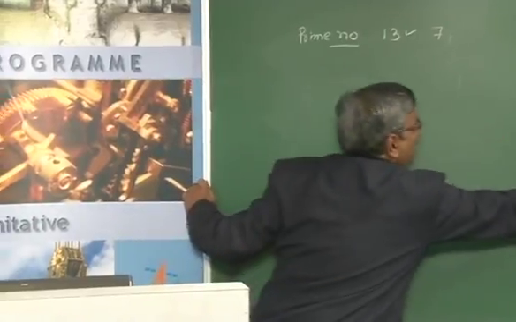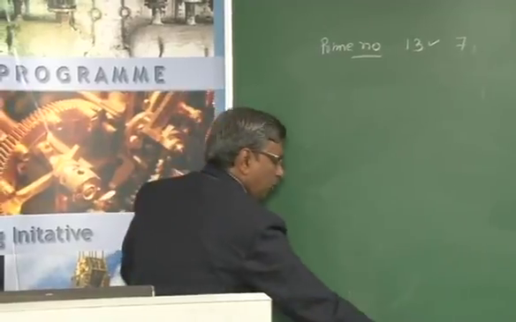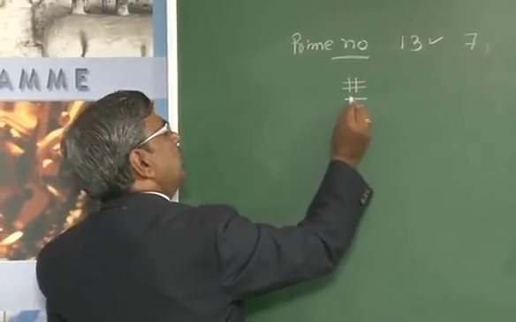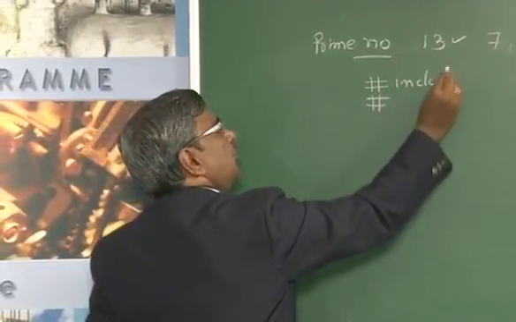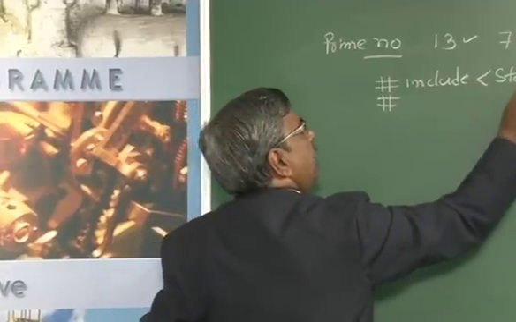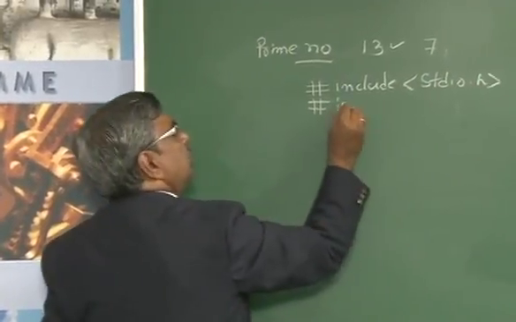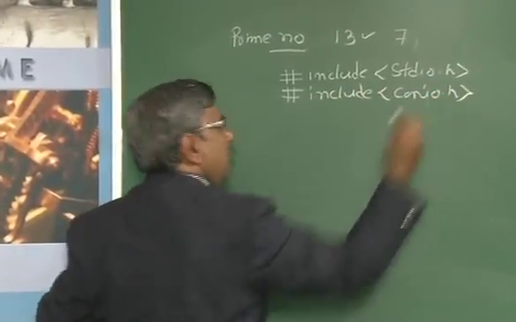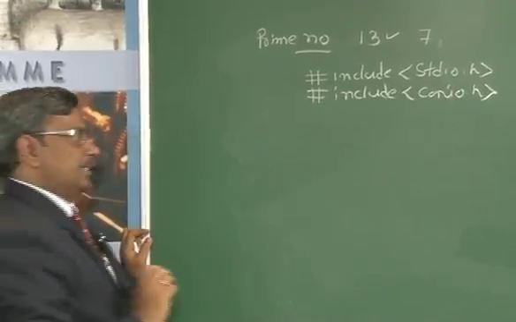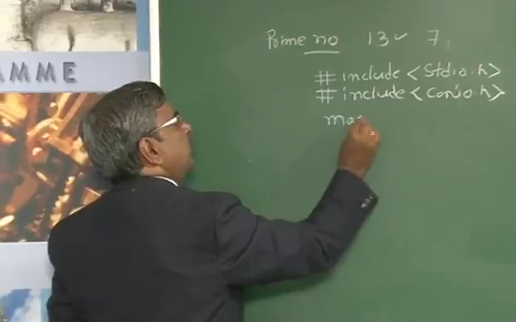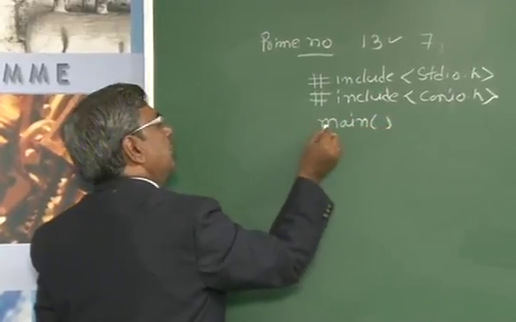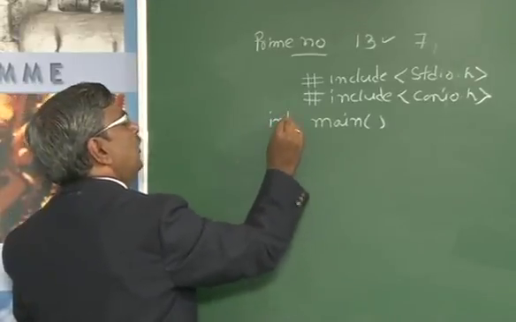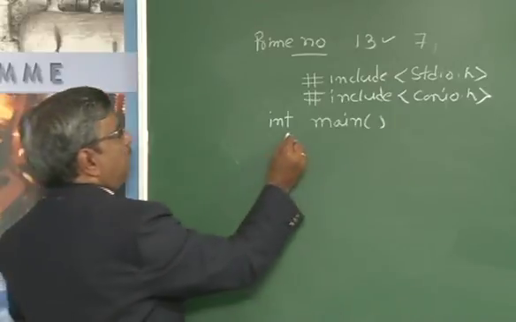Let us develop this logic through programming and make it clear. First, as usual, you will start your program with include stdio.h, conio.h. This is the programming. You are familiar now with why these header files are required in the programming. Next, your program entry is through the main, begin. If you want to return some value, you will give the return type, that is int, or if you do not want anything, then we use void, start begin.